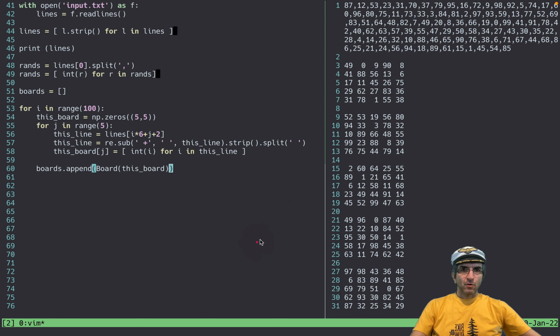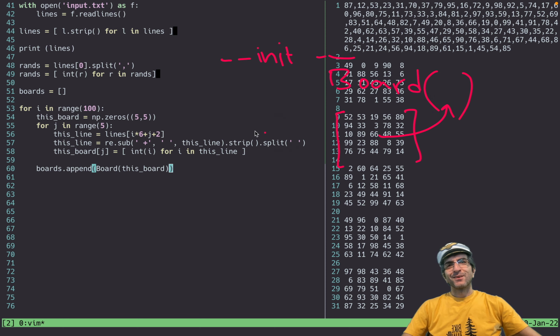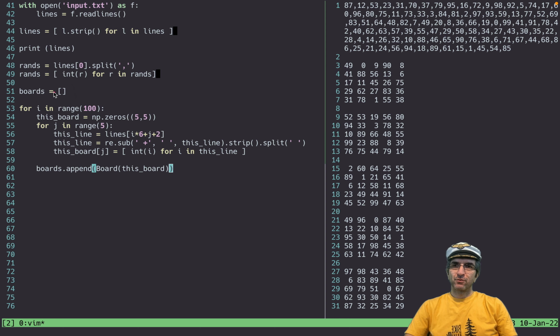This board was a matrix like this. So I will call the init function of the board class with this data. So it will create a new instance of a class and add it to the boards.